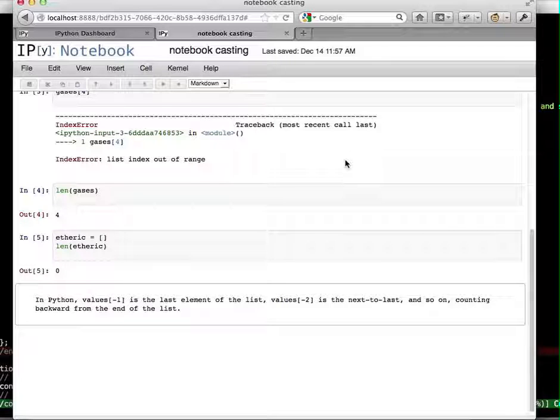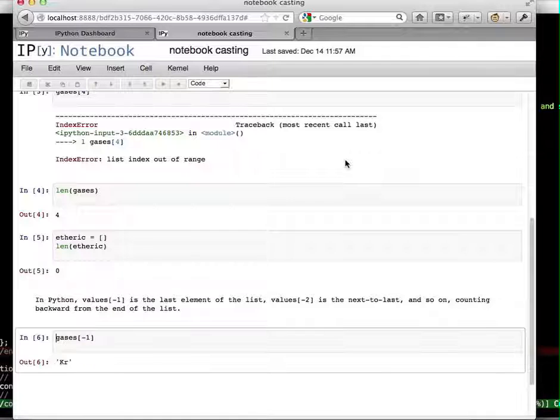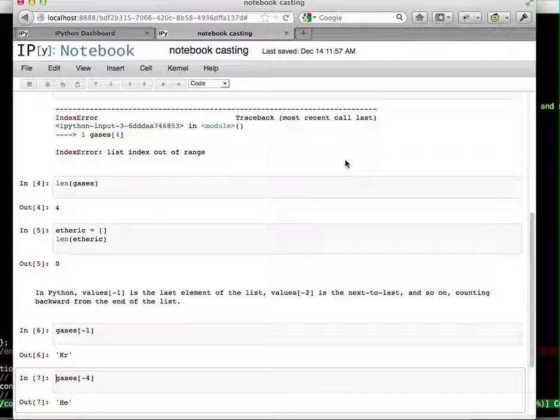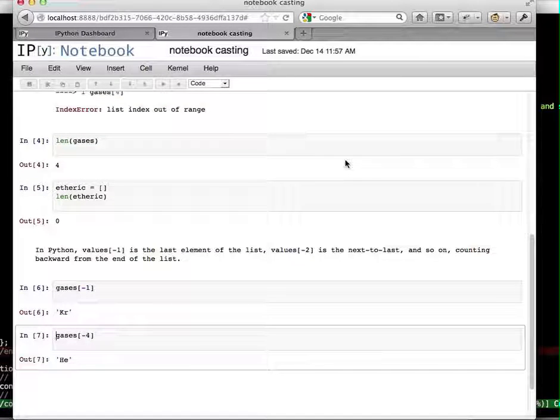For example, here's our list of gases again. As you can see, element -1 is krypton, the last in the list, and element -4 is helium. This notation is easier to read than the long-winded